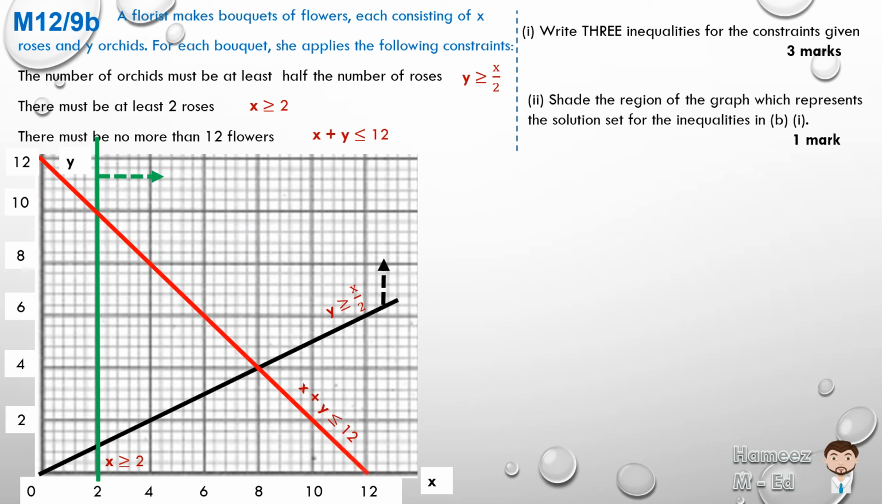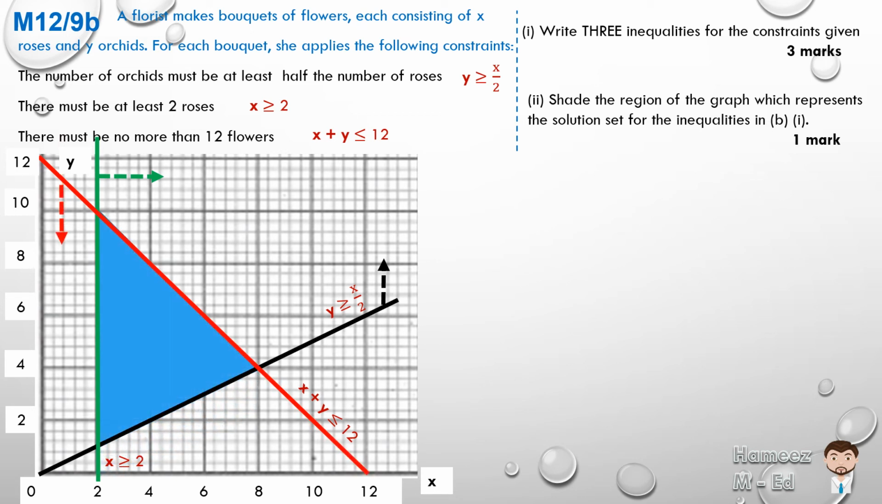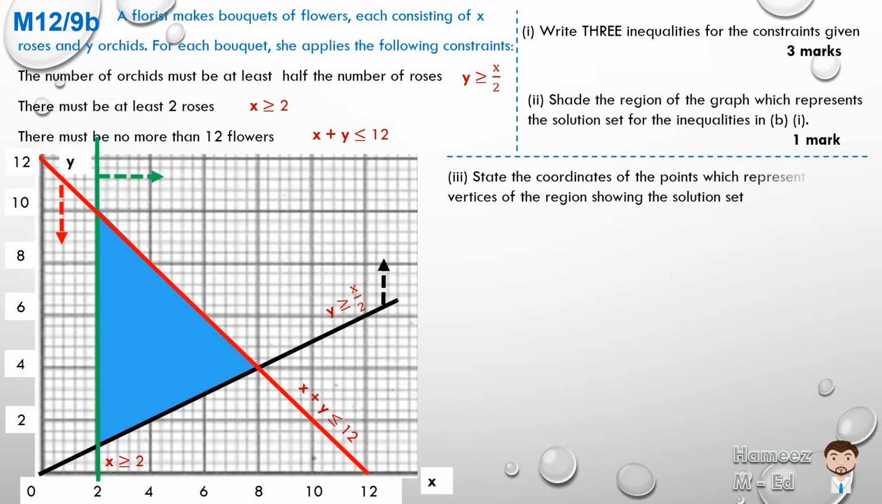That line tells us X plus Y is equal to 12, but X plus Y can also be less than 12. So it's anything below that line. X plus Y can be 10, 9, 8, and so forth. Part 3, state the coordinates of the points which represent the vertices of the region where the solution is set. So if we look at that solution there, the solution will be within that triangle, and the coordinates are 2,